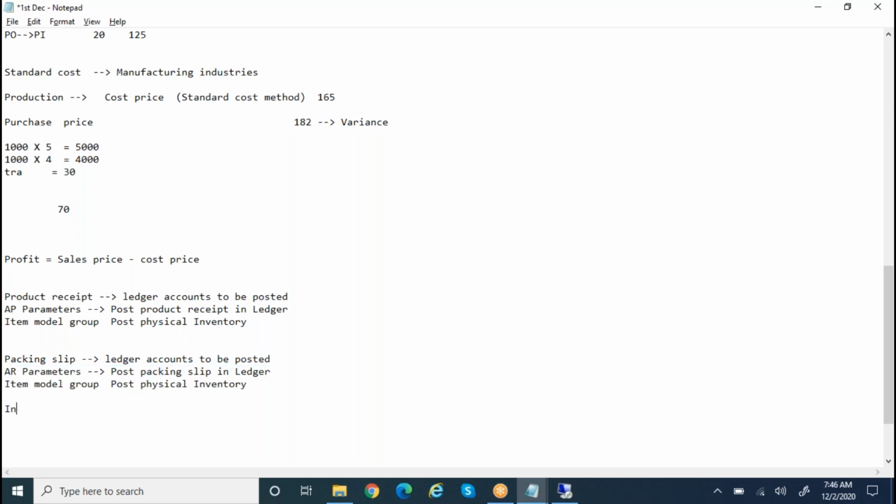For invoice posting, whether it is a customer invoice or vendor invoice, if inventory is required, then item model group financial inventory. Based on